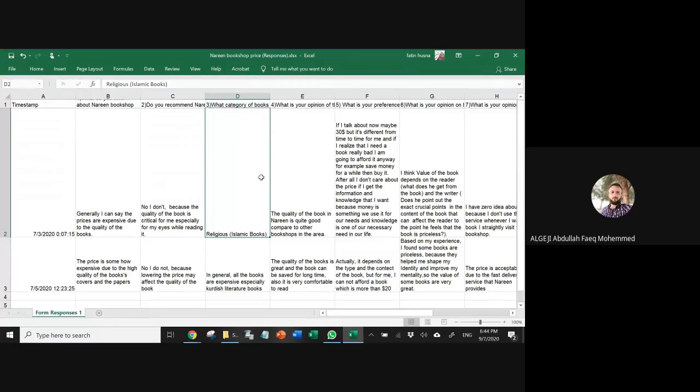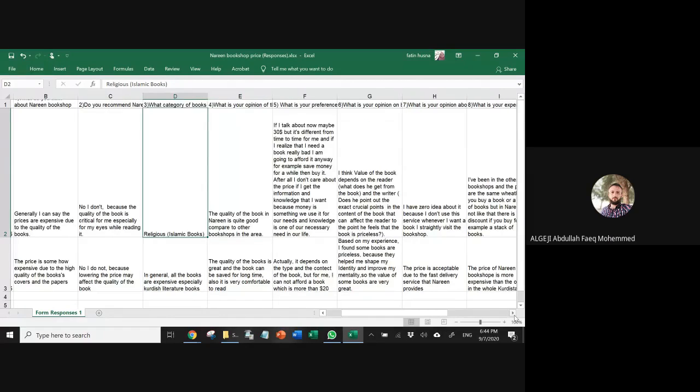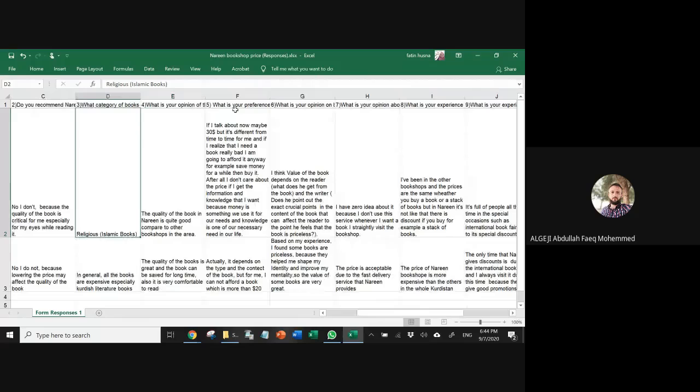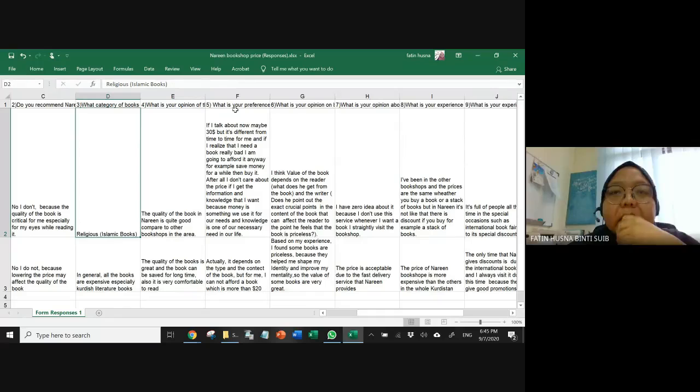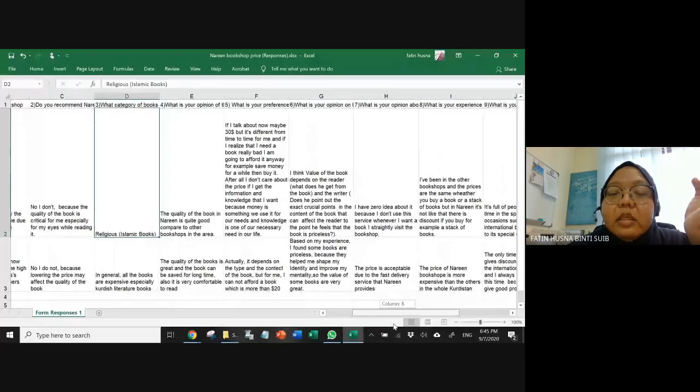It's the only bookshop in our region where the books are expensive. The other bookshops print their books from Iran, and the Iranian print is cheap, and everybody knows about that. That's why we weren't surprised. Okay. So because question number 1 is quite short and the answers are quite similar,